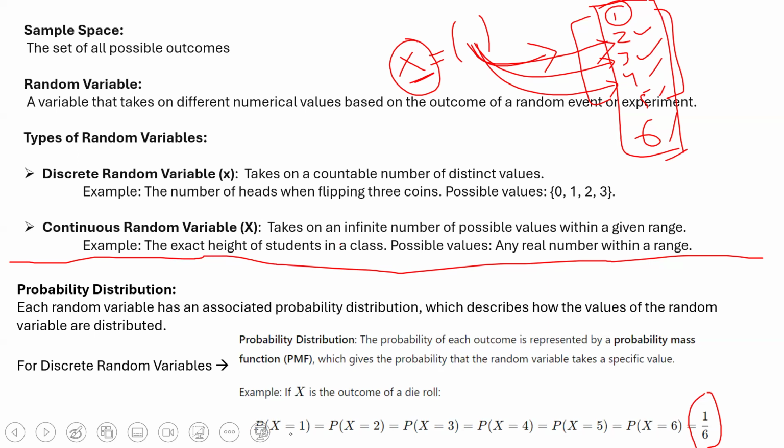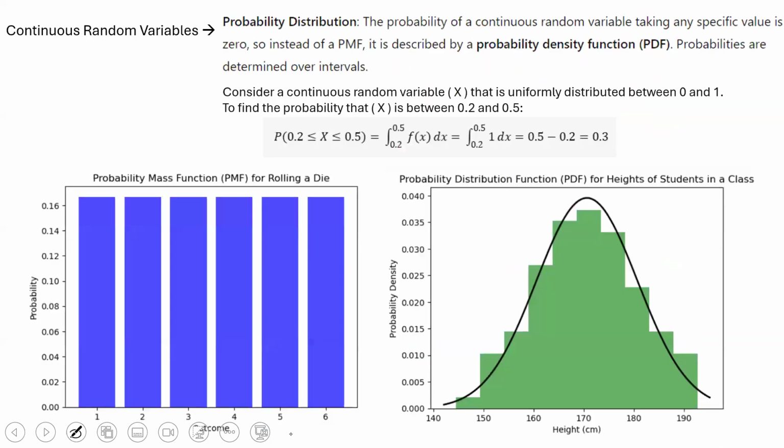Probability distribution describes how the values of the random variables are distributed. That graph depicts how the random variables are distributed. Whereas coming to continuous random variables,